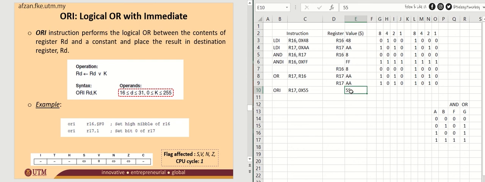First things first, you need to convert this hexadecimal number to binary. The binary of 55 is 0 1 0 1 0 1 0 1. Next, what are you going to do? You want to do the logical OR between these two numbers, AA and 55. By looking at this, what we call the